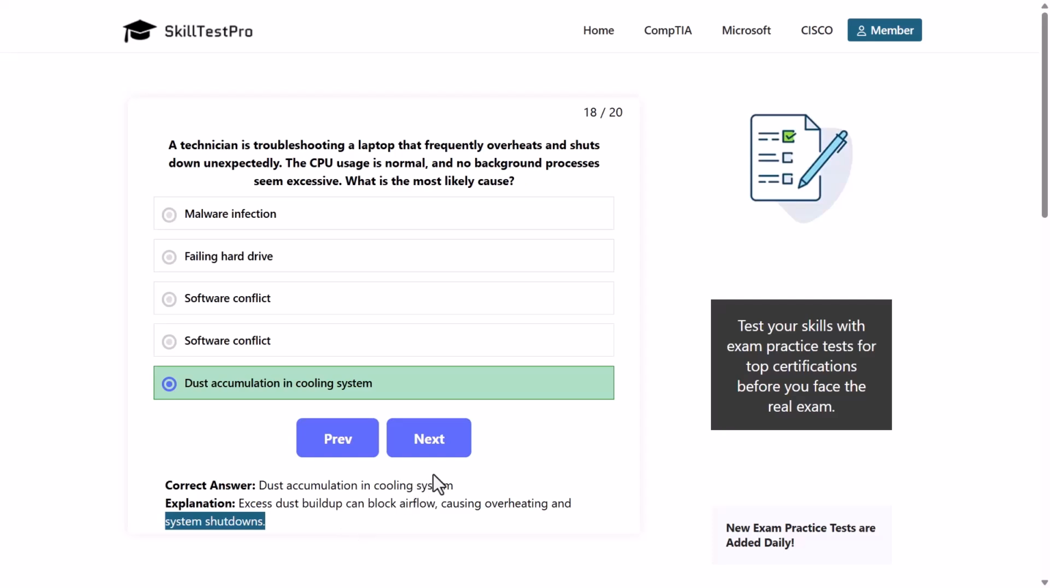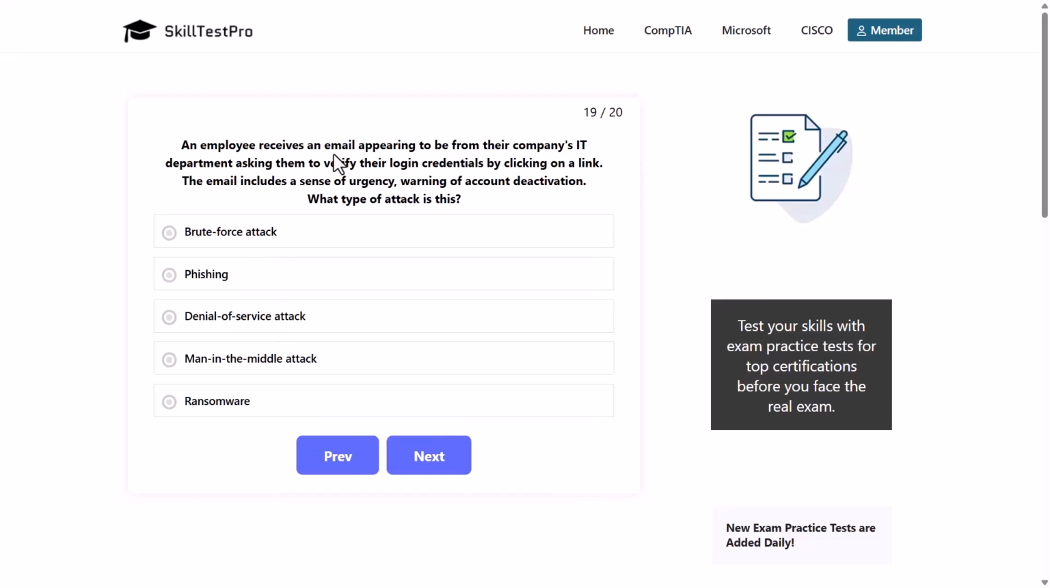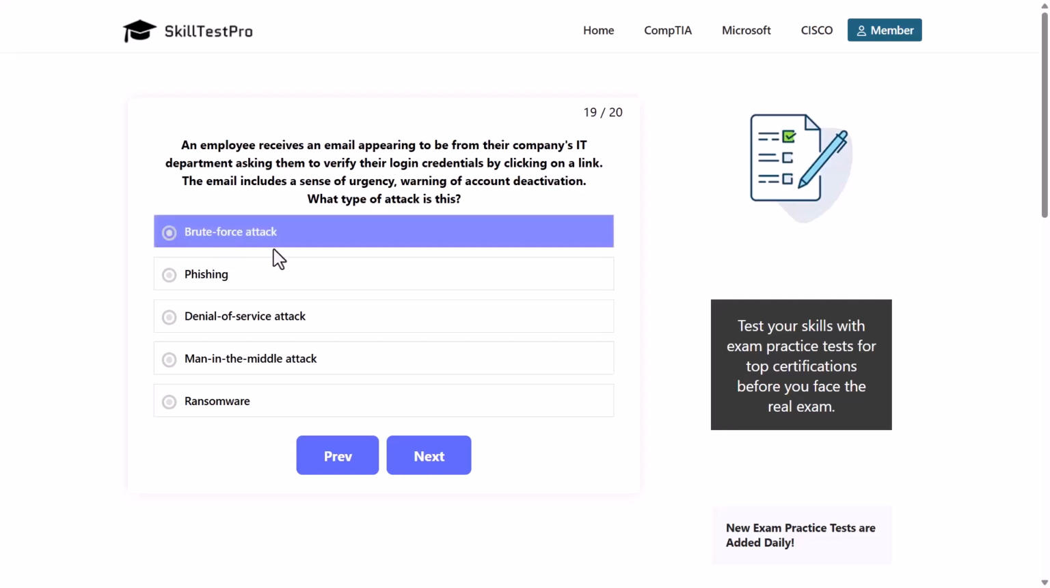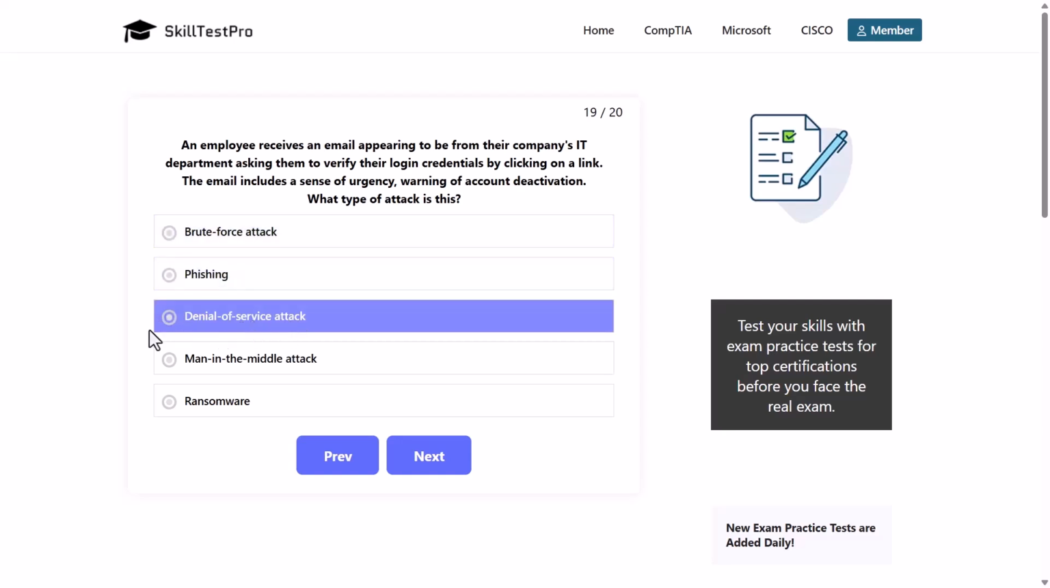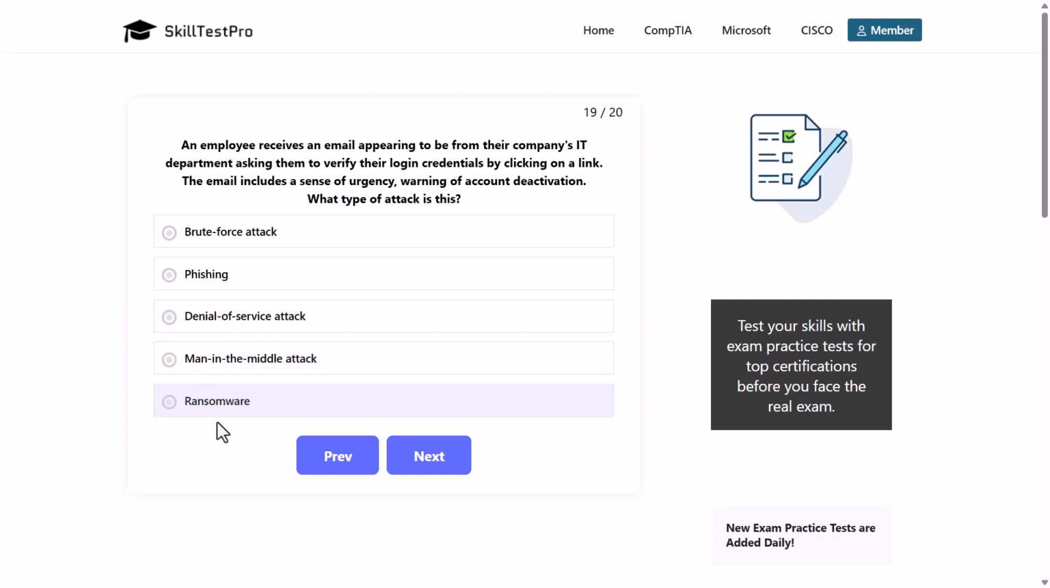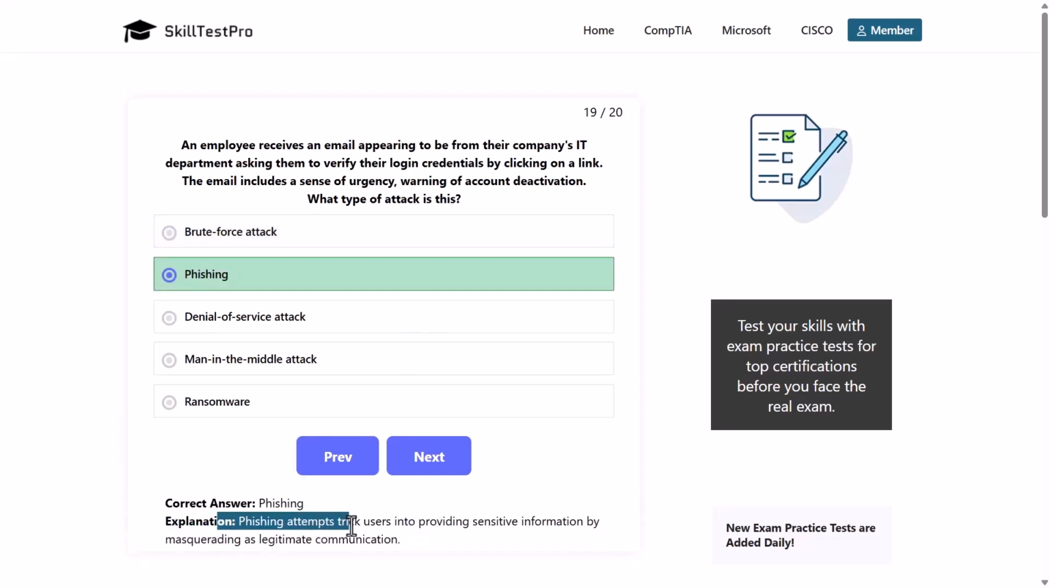automatically shuts it down. So an employee receives an email appearing to be from their company's IT department asking them to verify their login credentials by clicking on a link. The email includes a sense of urgency, warning of account deactivation. What type of attack is this? Brute force attack, phishing, denial of service attack, man-in-the-middle attack, or ransomware. And here that is phishing, as phishing attempts trick users into providing sensitive information by